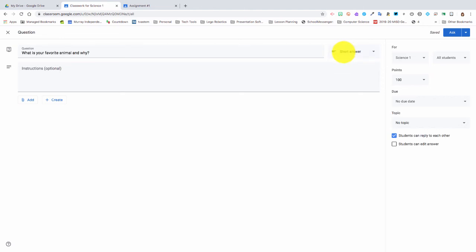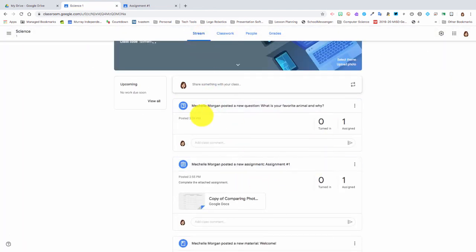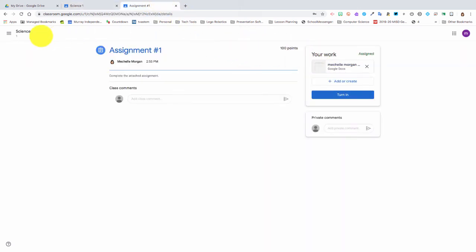Okay, and so this is a short answer question, which I have set here as a short answer. Again, you can pick the class, the students, give it grades, and you can choose for questions whether students can reply to each other and whether they can edit their answer, and you can click however you want those to happen. And if we ask the question, again, you can schedule those as well. If we ask the question and go to our stream, here's our question. And if we go to the student view,